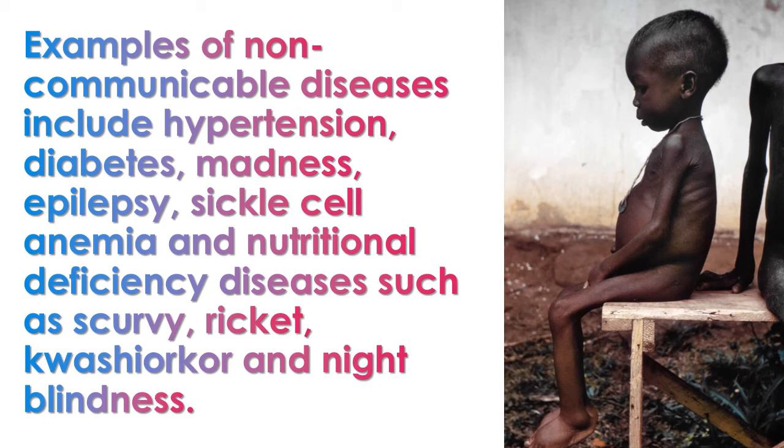That is why it is not so good for us to be taking lots of what? Carbohydrate. That is lots of food that contains too much starchy food, because that is what leads to what? Diabetes. Diabetes is excess sugar. And also you have nutritional deficiency. That is lack of some nutrients. When you are always taking food that lacks a lot of nutrients, you are likely to have some diseases such as rickets, such as kwashiorkor, such as night blindness.